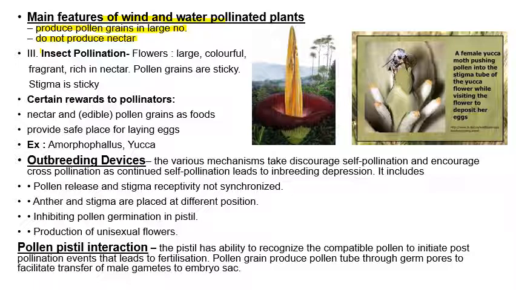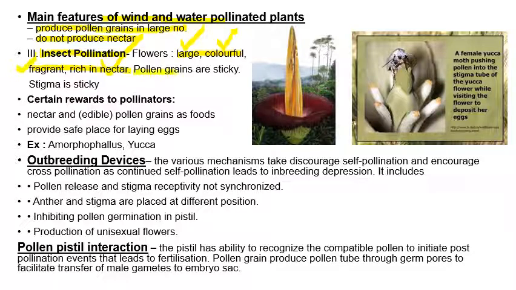Now, if insect pollination occurs in flowers, the flowers must be large, colorful, fragrant, rich in nectar. Large. Why? Because insects may reach the stigma easily. Insects may take pollen easily. Colorful. Why? Because they have to attract insects. They should be easily seen and be attractive for the insects. And third, fragrant. Why? They must have fragrance to attract these insects. Rich in nectar. Why? Because as we discussed, nectar is a reward given back to these pollinators.